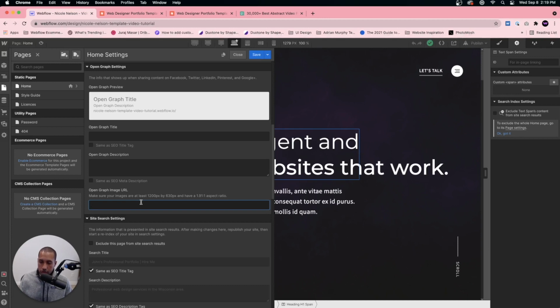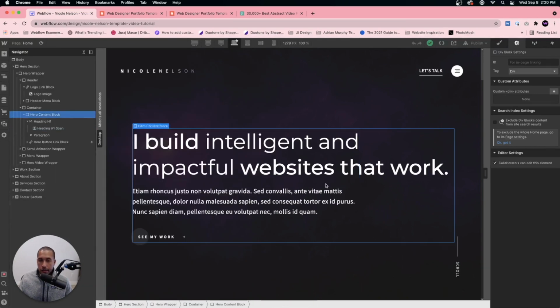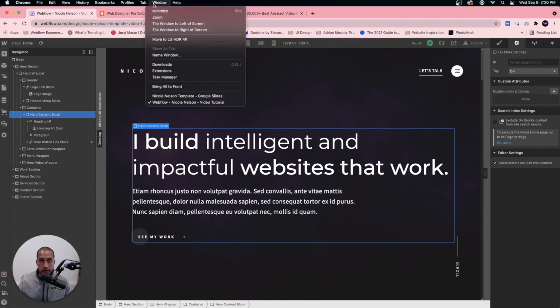You can also do a quick Google search, type in open graph image URL Webflow, and there's a great article that Webflow provides on adding open graph images. Okay, so that is the SEO. Let's go to the next section,